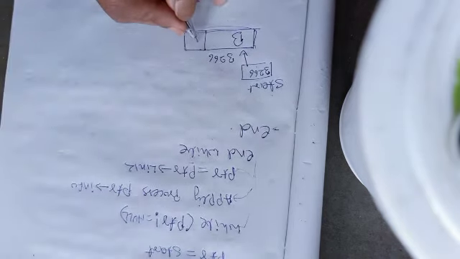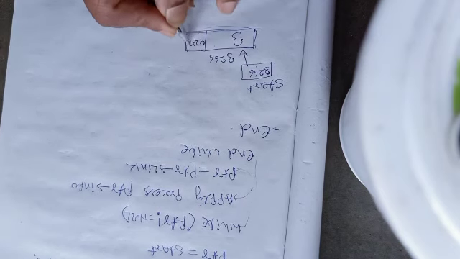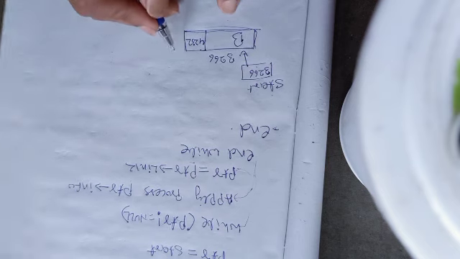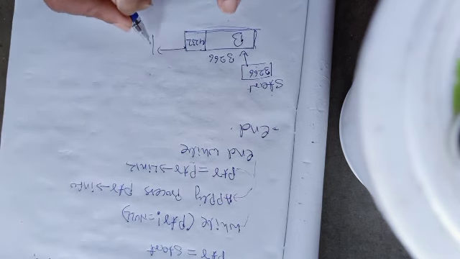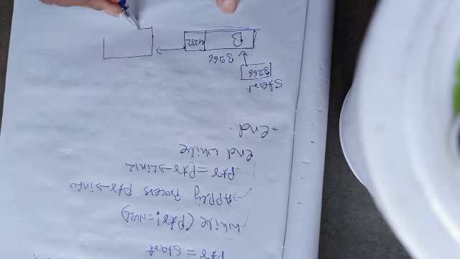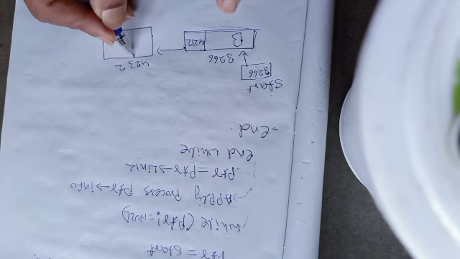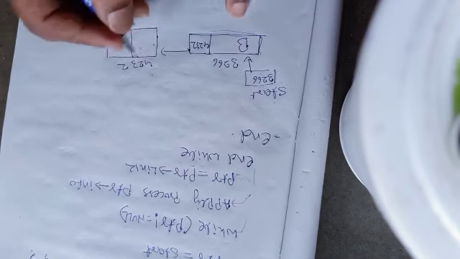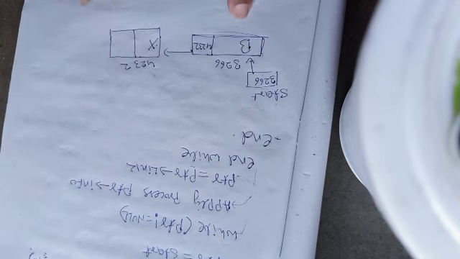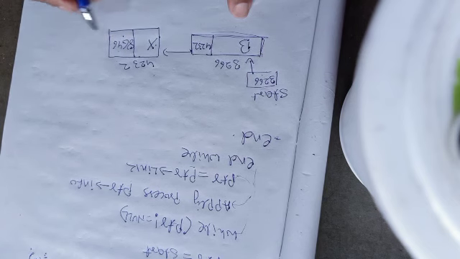The link part should contain the address of another node. Let us assume 4232. This is the address. So the link part contains another block address. That block is also a node, and its address is 4232. Again it has two fields: one is the info part, one is the link part. Its info part, let's say, contains x, and the link part contains 8646. This is the address field.